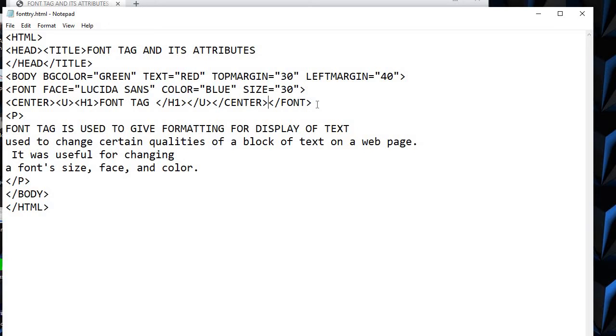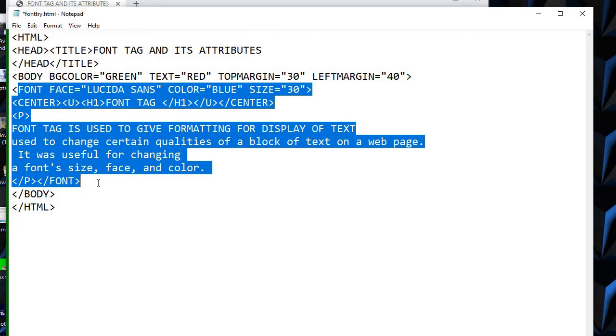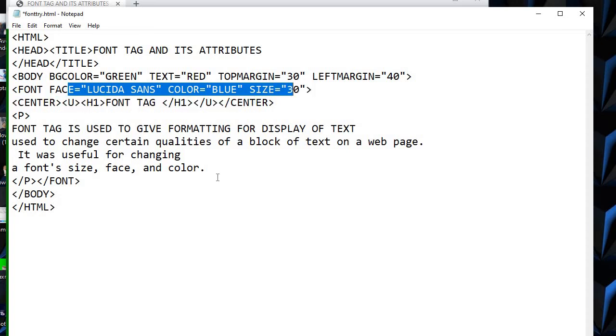Suppose I remove slash font from here, and when I finish the paragraph with slash p, I give slash font over here. This means font starts from here, this line, and it ends over here. So all those lines that are enclosed between font and slash font will apply these three attributes of font.